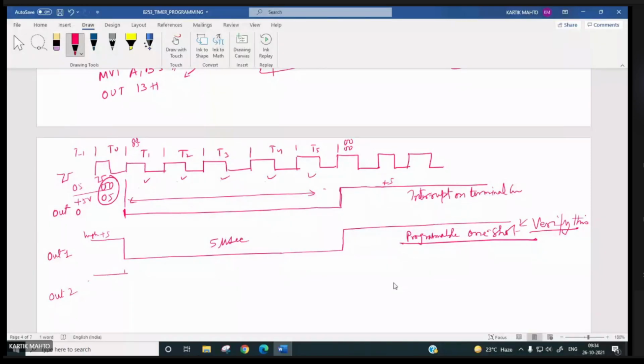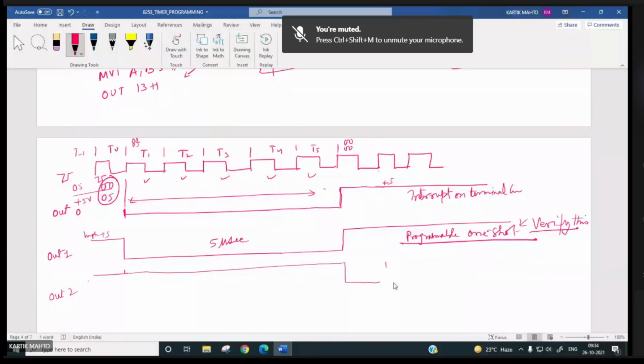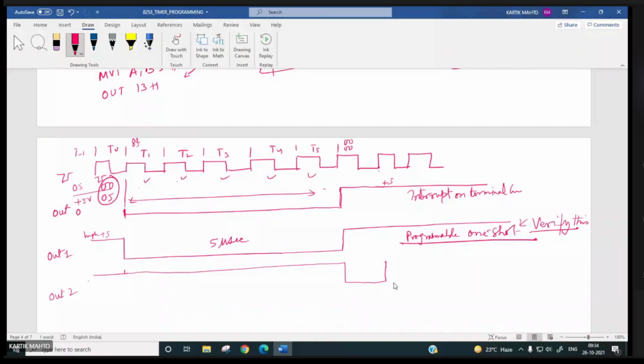Already the output is plus 5. So it will wait for 5 microsecond, and here it will be in the T state. A pulse will be generated, and then again it will go for what?